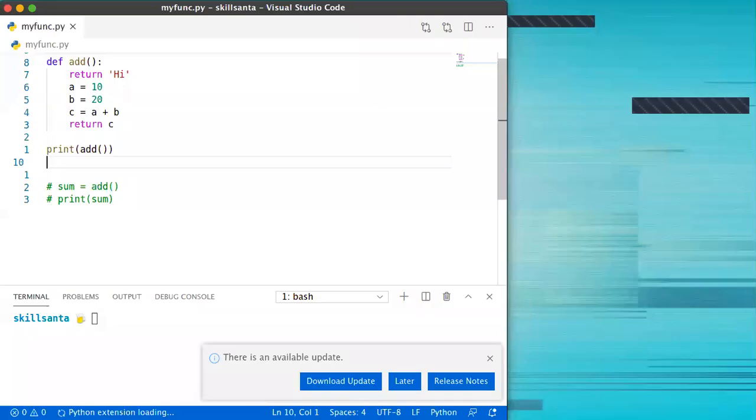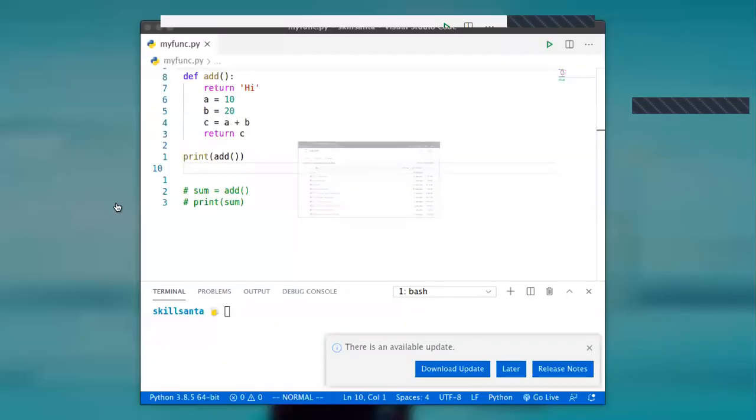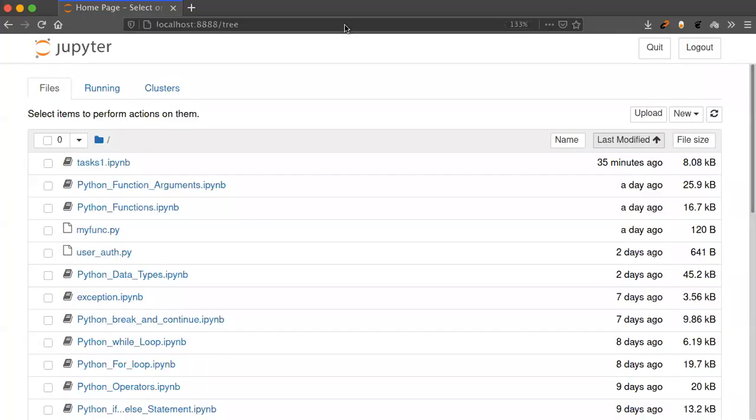Oops, this is not detached. No, this is good. So this is a notebook, and now let me open the previous notebook that I created in the last session. That will be the Python function arguments, or instead of arguments, there might be the Python function. Let me open both of them and look into the notebook. So we have discussed until the,